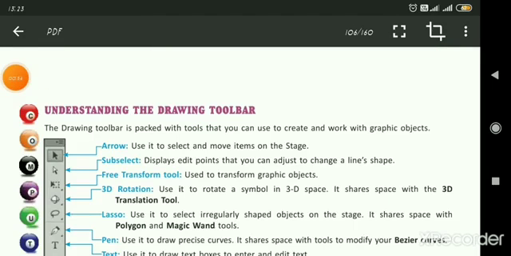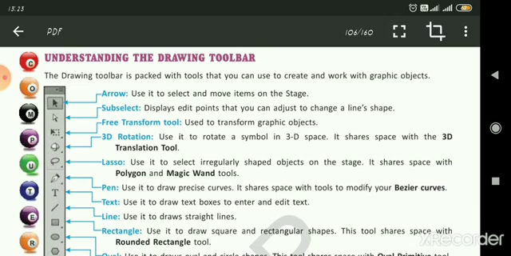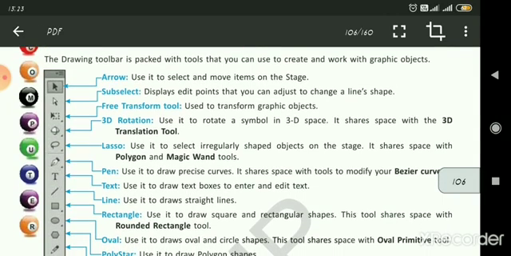So we have discussed understanding the drawing tools toolbar. The drawing toolbar is packed with tools that you can use to create and work with graphic objects. As you have seen, use this arrow to select and move items on the stage.